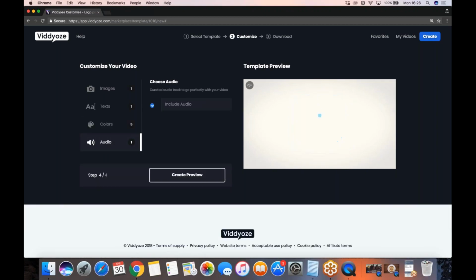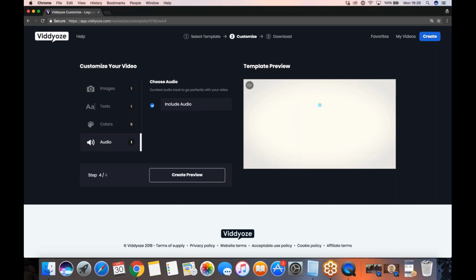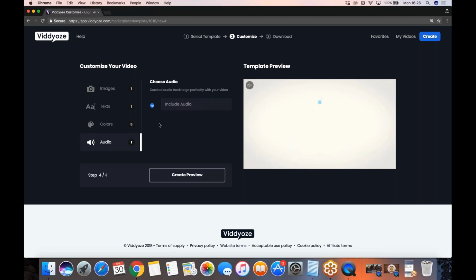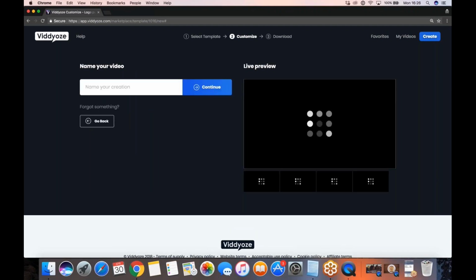And then it's actually going to ask me for audio because I didn't complete this step. I'm going to choose to have the audio. You just tick that box. If you don't want the audio, you can turn it off. And if you want to hear the audio, you just unmute the video here. And you can hear the audio. So if you like the sound of it, you can then click on include it. I'm going to include it. Click create preview. And that's going to take all my logo, uploads the logo,